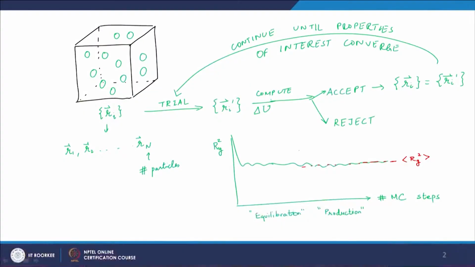So, as a practice, we always discard this part of the run, that is the equilibration. It is very important, the equilibration part, but that part is not used to get thermodynamic averages, because those conformations are far from equilibrium. We only care about the conformations after we reach equilibrium. Okay. Now, if I look at say Rg square, it may take a longer time to start fluctuating around an average.